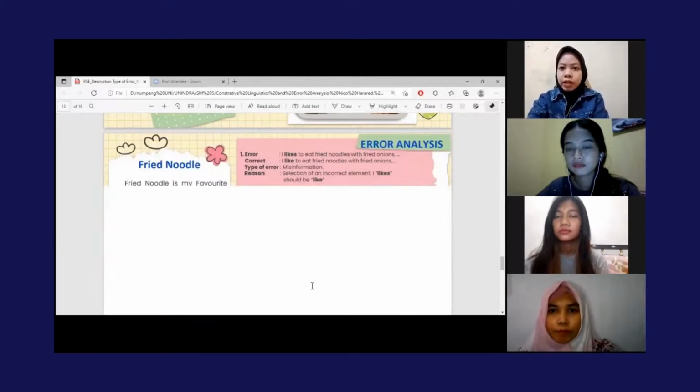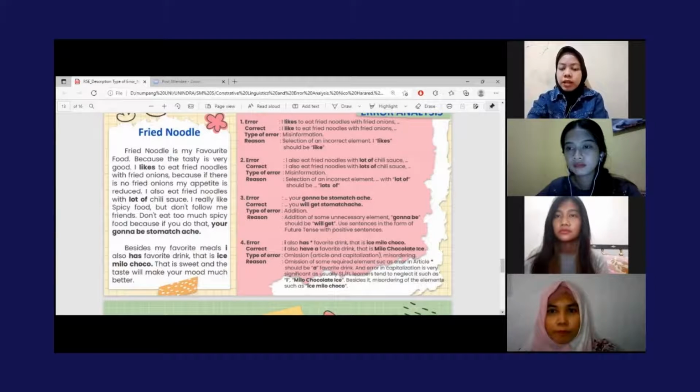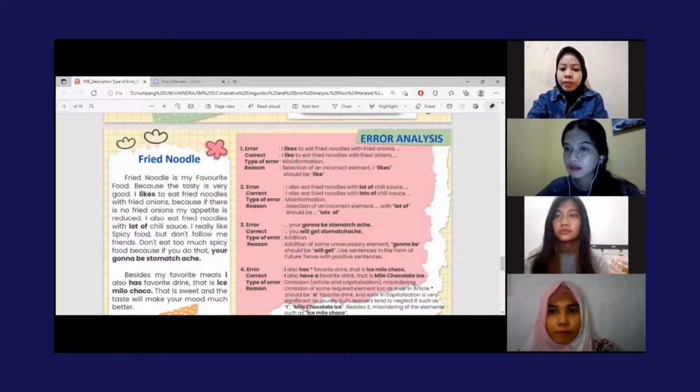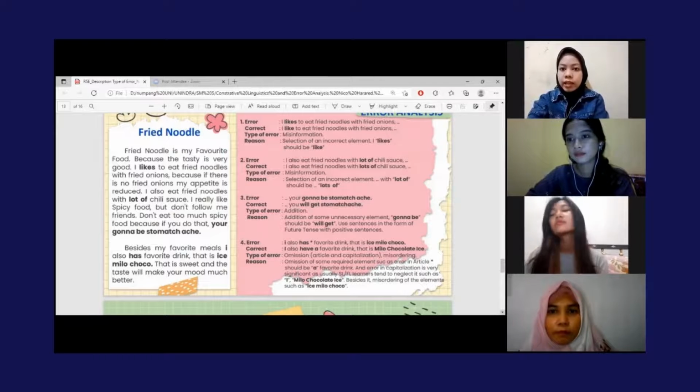After reading the paragraph, we found some errors, such as in the sentence "I like to eats fried noodles with fried onion," where the word eat shouldn't be written with the addition of s. This error is included in the category of misinformation because with the subject I, the verb isn't followed by the letter S. It is different from the subjects he, she, and it.